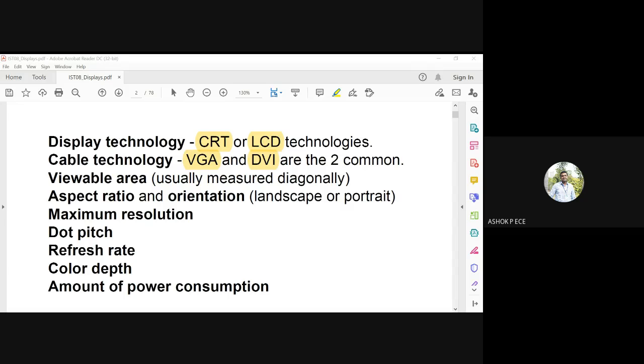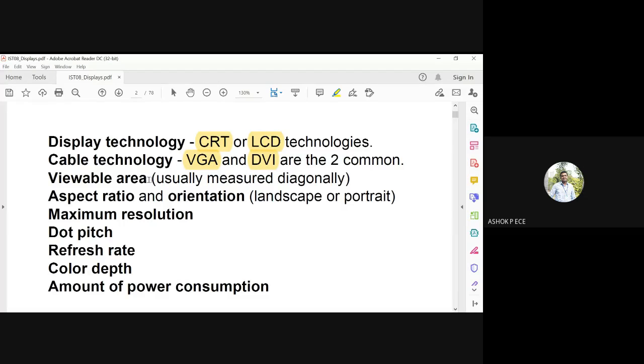VGA is video graphics array, so that is going to be one of the cables. And the next one is DVI, digital visual interface. So these two technologies are commonly used cable technologies for connecting your display device to your computers or any other information processing device.